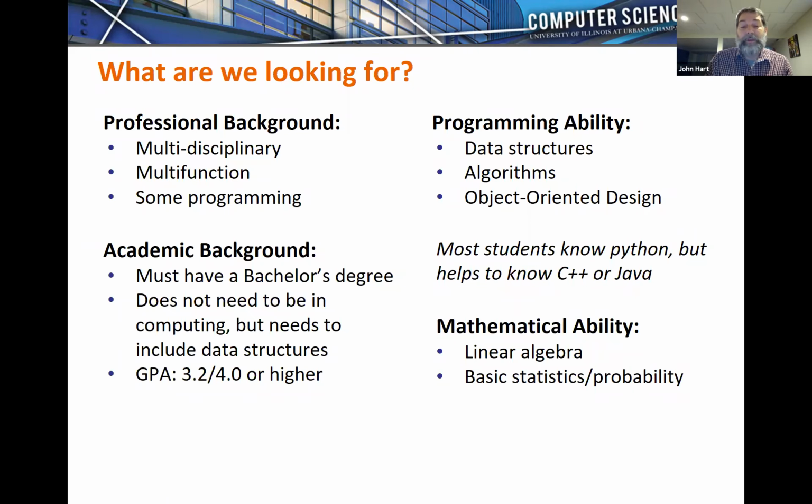It can be the GPA of your computer science coursework. And we will also consider the GPA of any subsequent coursework. So if you have a bachelor's degree that has a GPA less than 3.2, but you've taken some follow-on, say some senior level computer science courses that you did quite well in, later on at, for example, a community college or a nearby four-year institution, we'll take a look at those courses as well, and the GPA from them in the evaluation of the GPA.